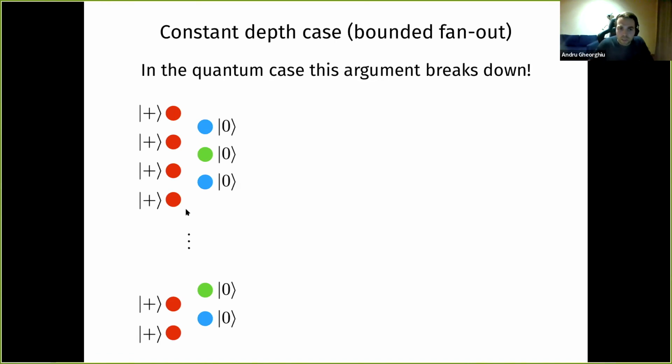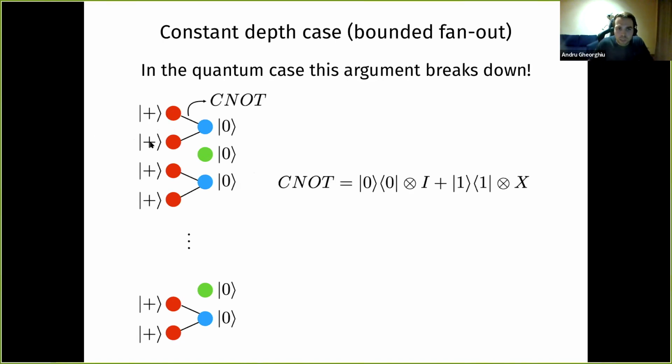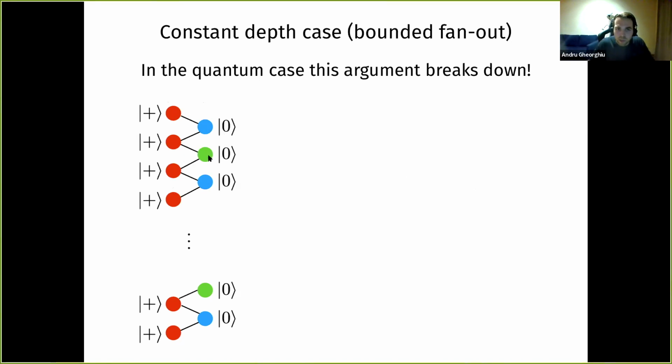So suppose in our circuit, we start with a bunch of qubits that are initialized as 0 and a bunch that are initialized as plus, so equal superposition of 0 and 1. Of course, we can get this with just one layer of Hadamard gates on a bunch of 0 qubits. And then what we do with these plus qubits is take them two by two, and perform a CNOT gate into these blue qubits. So this is like computing the coherent parity of pairs of qubits in these blue qubits. And then you do the same with the green qubits. So the green qubits will store the parities of these neighboring qubits and so on up to the end of the circuit.